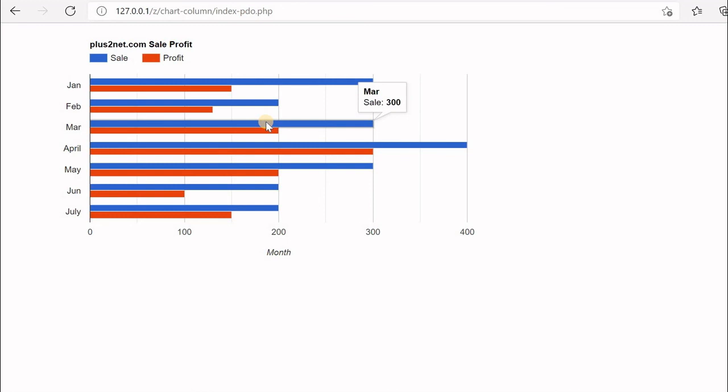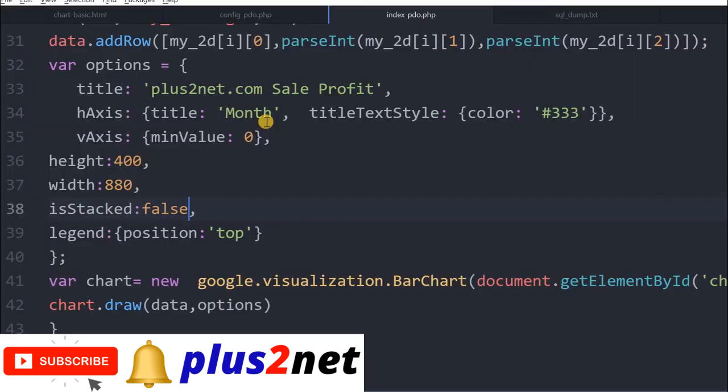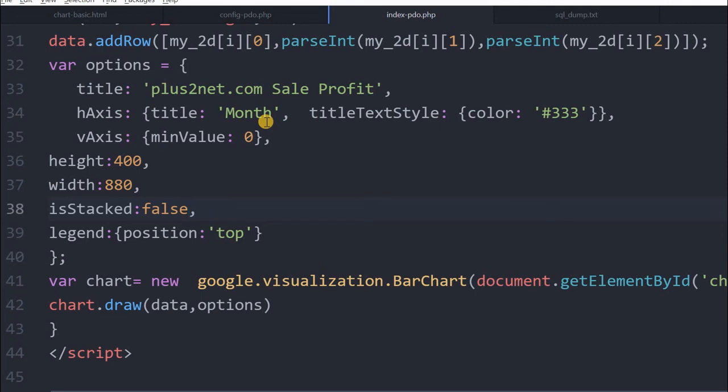So this is how there is a big list of options. You can explore it, text, font, alignment, size, everything you can change, and that link I'll leave in the description. That's all. This column chart and bar chart is over. We'll next move to our line chart. That is important also. We'll take data from a database and display the line chart.